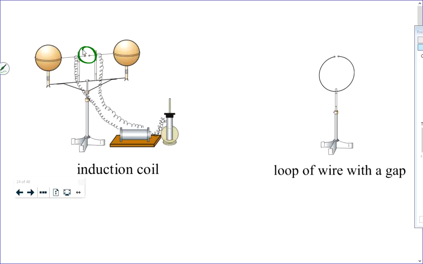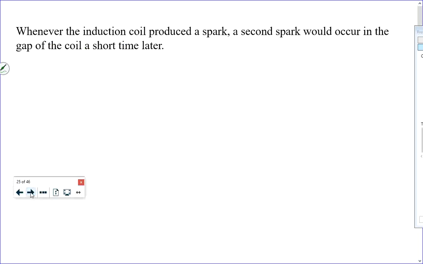This gap in here is where the electrons are jumping back and forth. So it's producing a changing electric field, which according to Maxwell produces, at the same time as it moves through space, a changing magnetic field, which produces a changing electric field, etc. And what's happening here in his experiment,